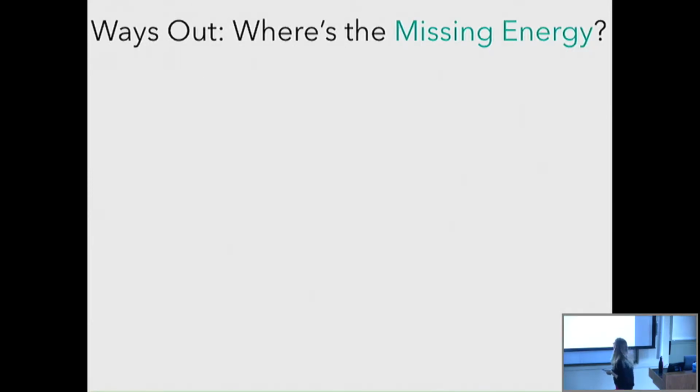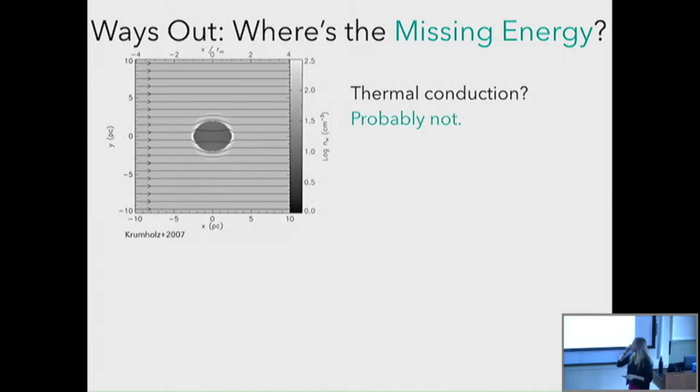So where's the missing energy? I showed you along this analysis there are many different ways you can lose it, but we did have a lot of simple assumptions. The first one is thermal conduction. Under our conservative estimate, you can basically lose most of the energy that way. However, it turns out that if you have an H2 region that's expanding into a magnetized medium, which is likely the case since the ISM is magnetized,